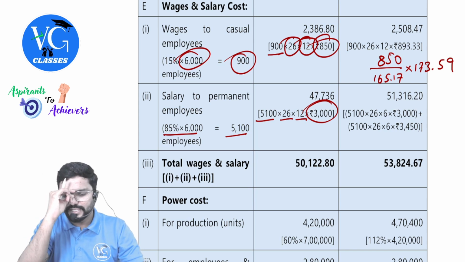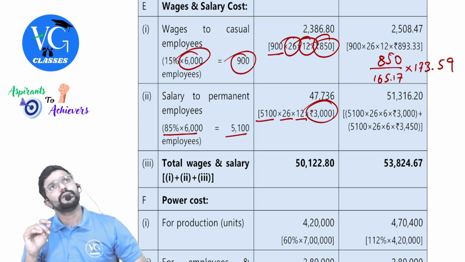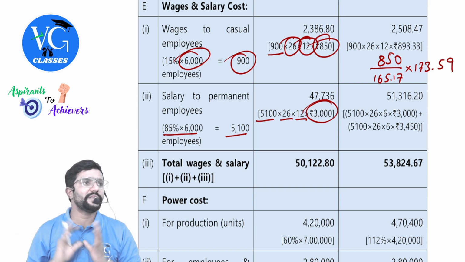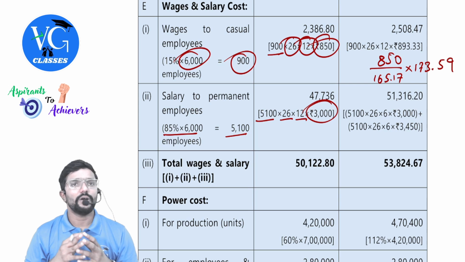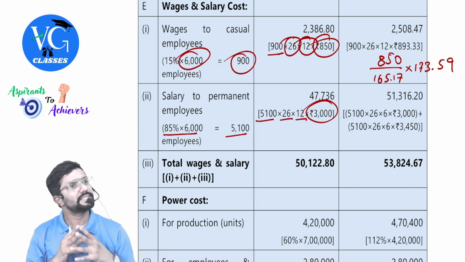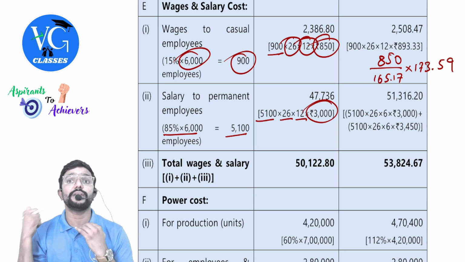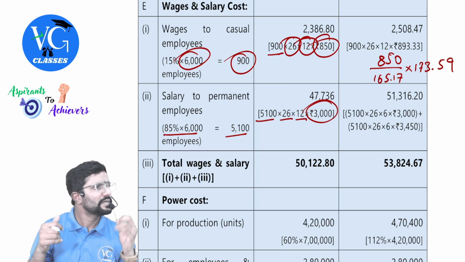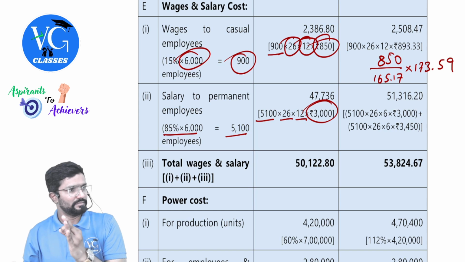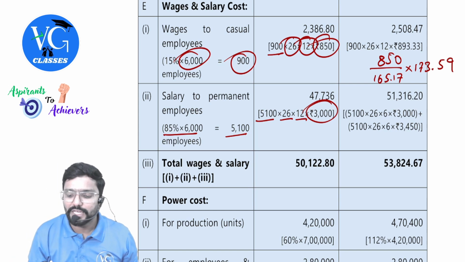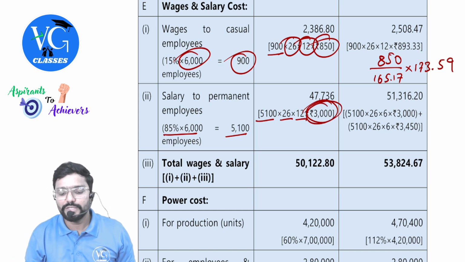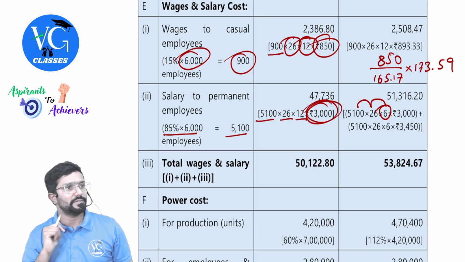Now, guys, please be careful. From 1st July, they are changing something. So, 2024 they told, not financial year, calendar year. So, how many months old payment? 6 months. How many months new payment? 6 months. Got it, now? April to June end, it is same old payment. How much, sir? 3,000. So, 5,100 workers into 26 into 6 months into 3,000.